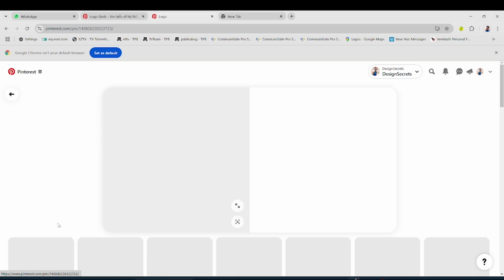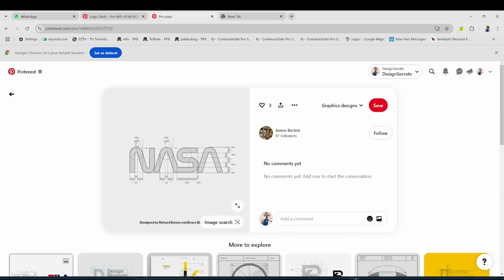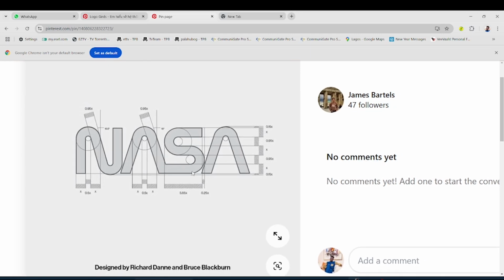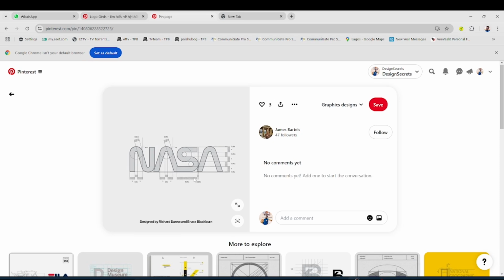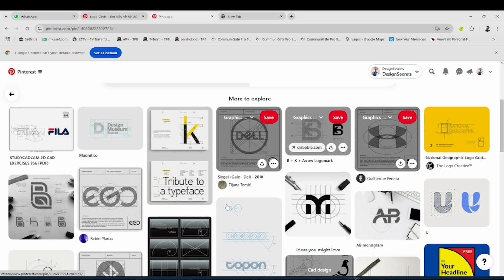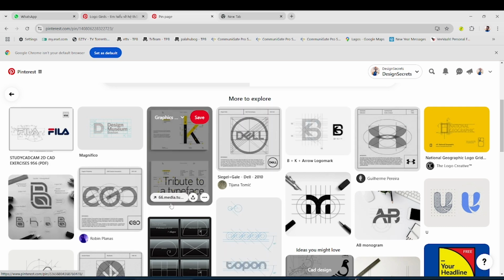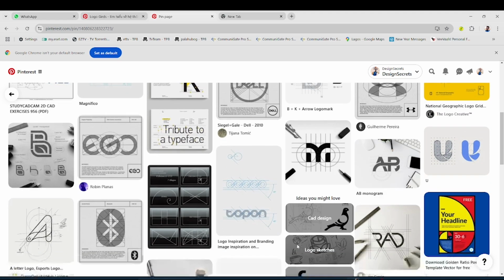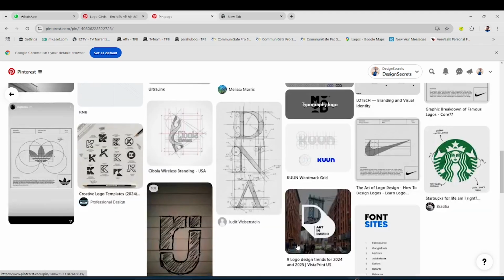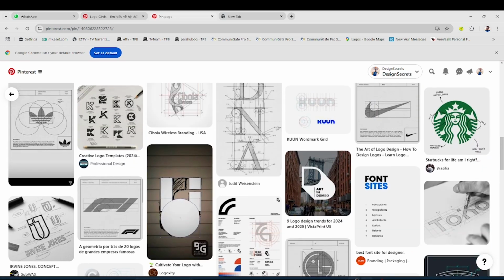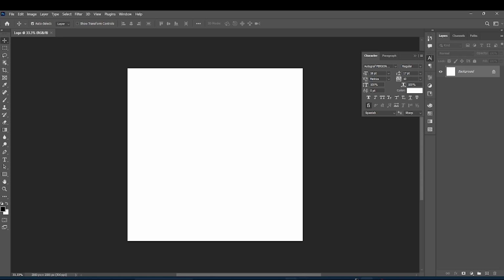Let me show you this NASA. Imagine zero. If you zoom this enough, you see the dimensions. Come on, you don't need all this. You can decide to go and learn it, of course, but it's not like this. So this is, you can do this. This is actually good, but then again, if you are someone that you don't